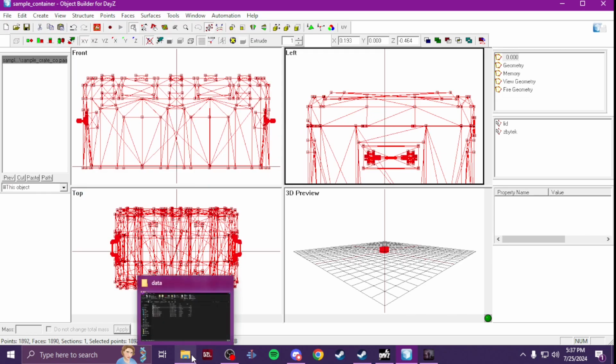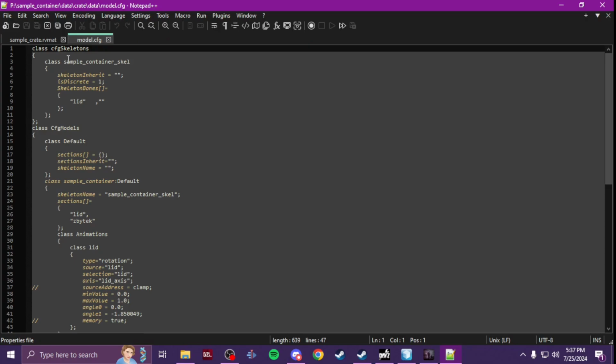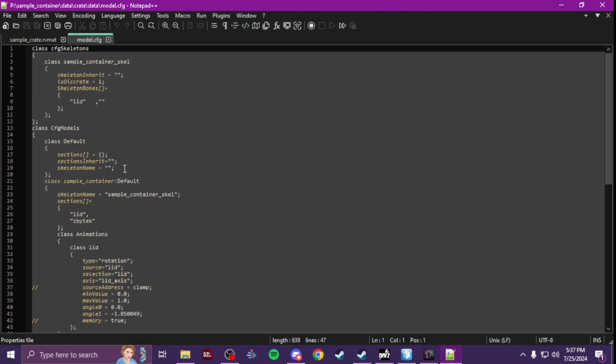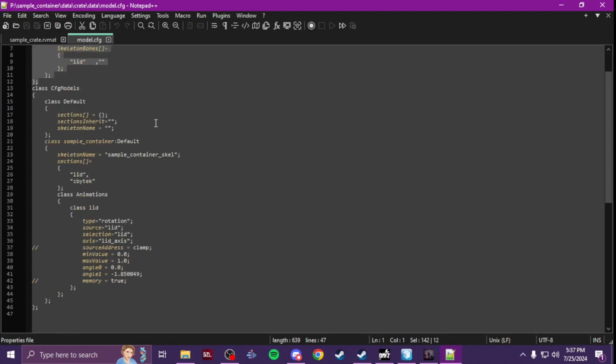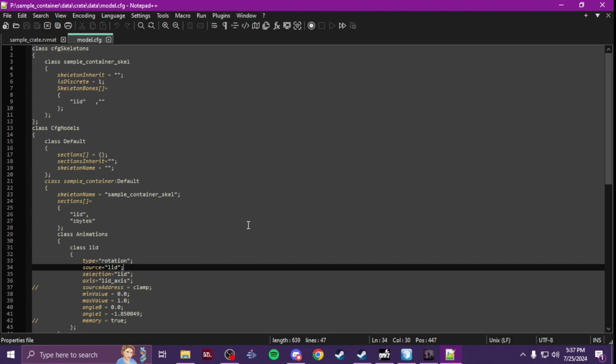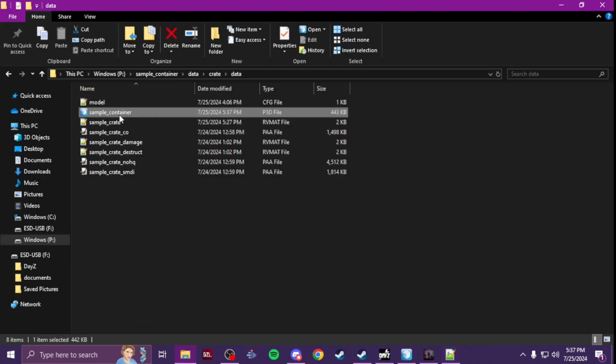So now what you're going to do is do your model config. It's a basic model config. The only difference is it has a CFG skeletons and animations. So what you're going to do here is your CFG. So first, the class names. For the skeletons, you're just going to go with your model name that you just saved. You're going to do the exact name,